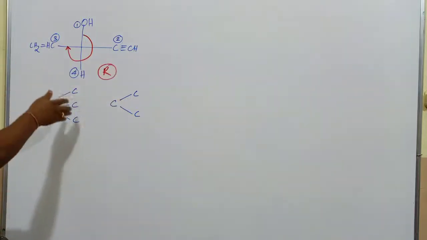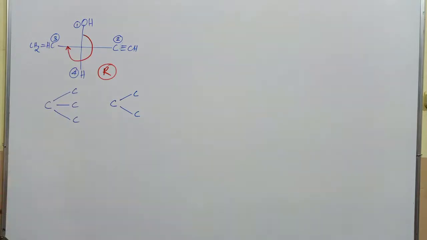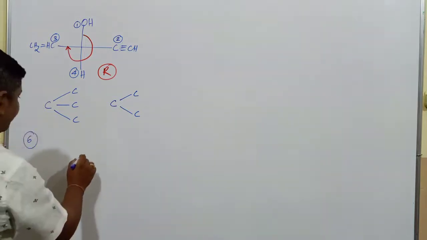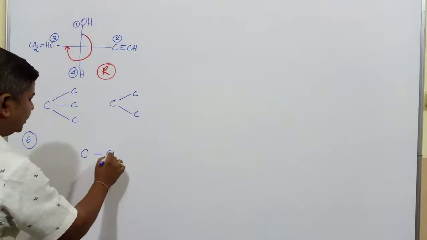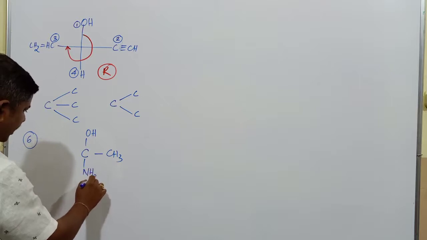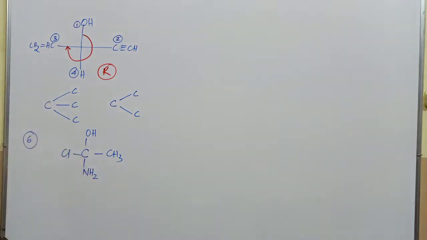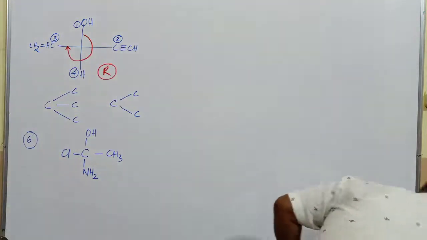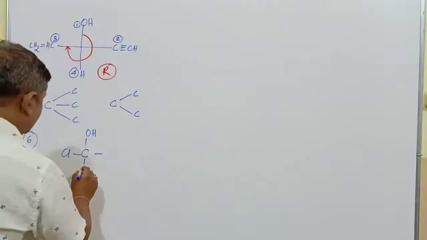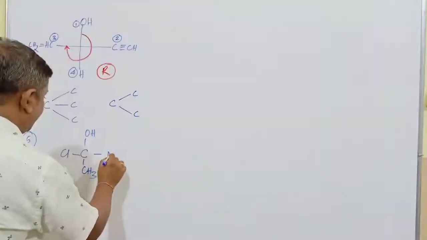Like that, we consider many examples containing different types of atoms or groups of atoms connected to the central carbon atom. Let us go with one more example. I think yesterday this was the fifth example, so I will consider this one as the sixth example. If you take, this is the carbon, another simple example I will consider. This is CH3, next one it is OH, this is NH2, okay, and this one is going to be Cl. Now in case of this one, instead of this, I will go with that example. Here I will take NH3, this is CH3, and this one is going to be NH2.